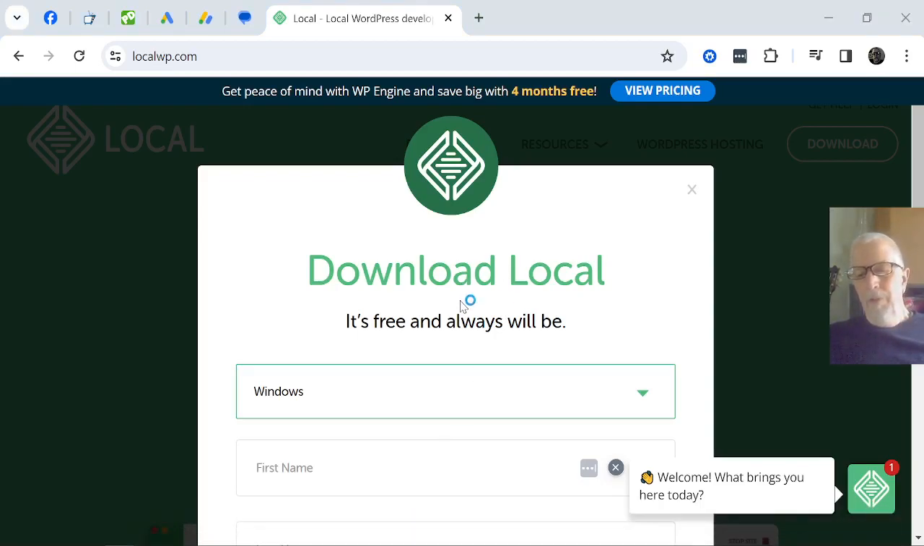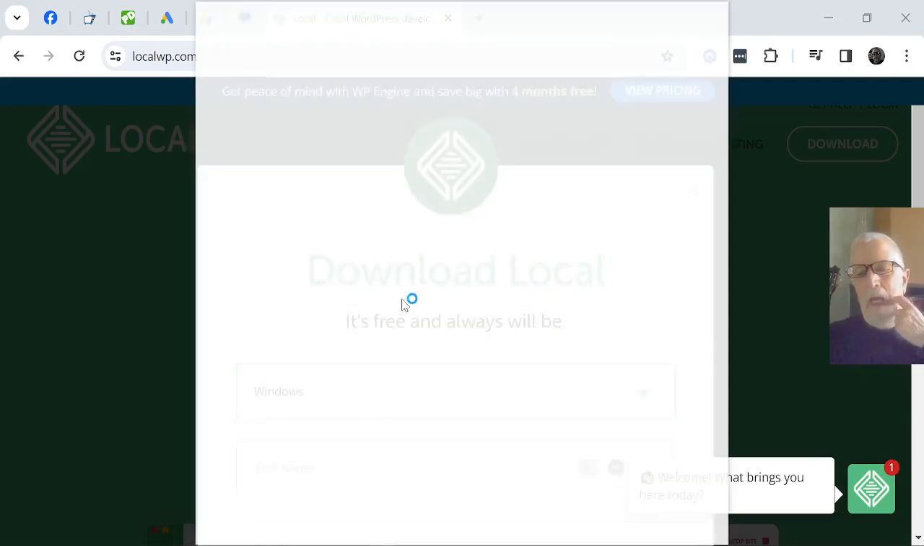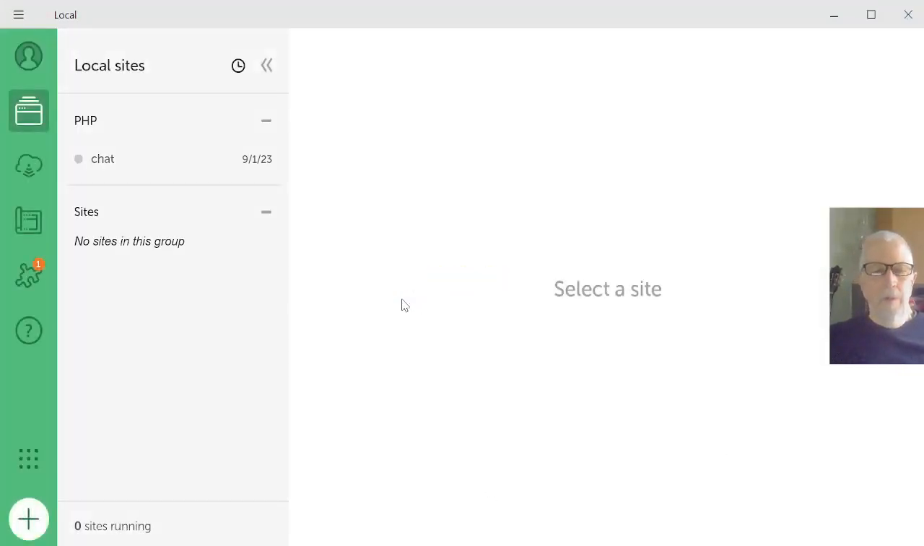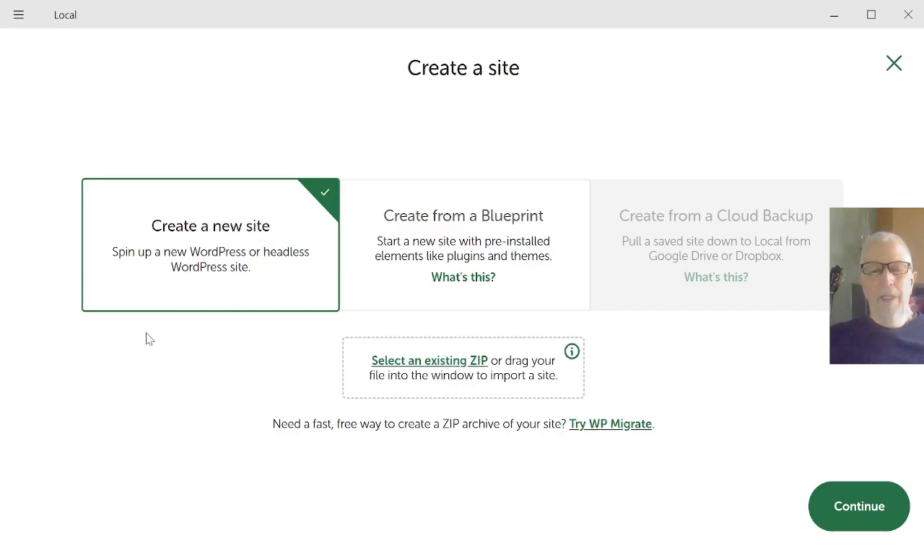Then you end up with Local WP running on your computer. And once this occurs, it comes up with Local WP right here. And I'm going to set up a new local workstation right here, and the way I do that is by hitting this plus key down on the bottom left, which says add a local site. So when I click on that, I'm going to create a new site. So I'm going to click continue,